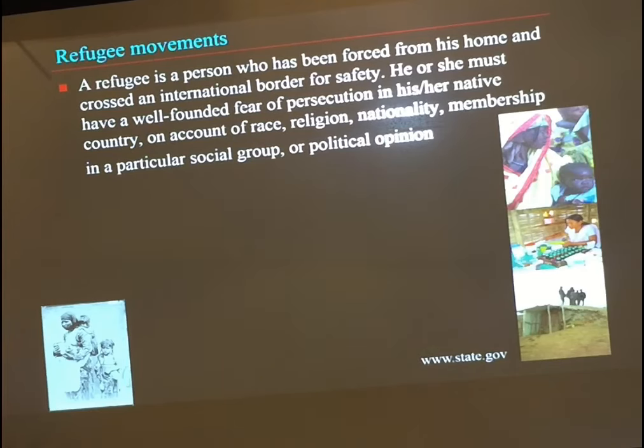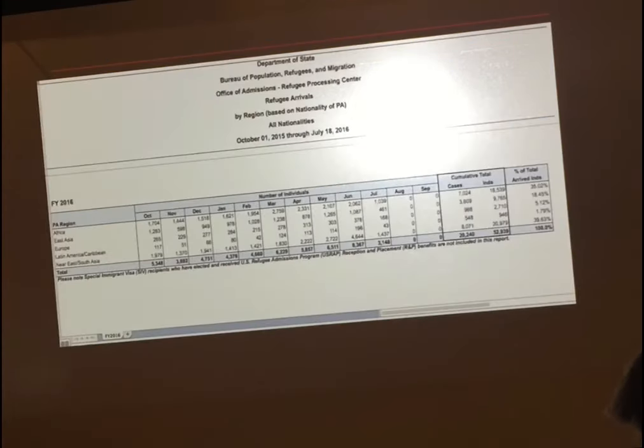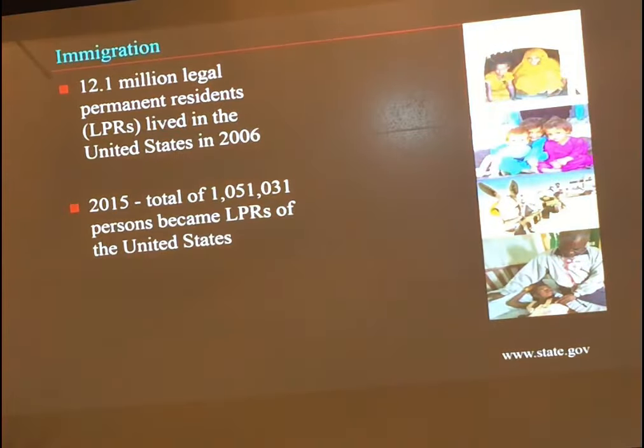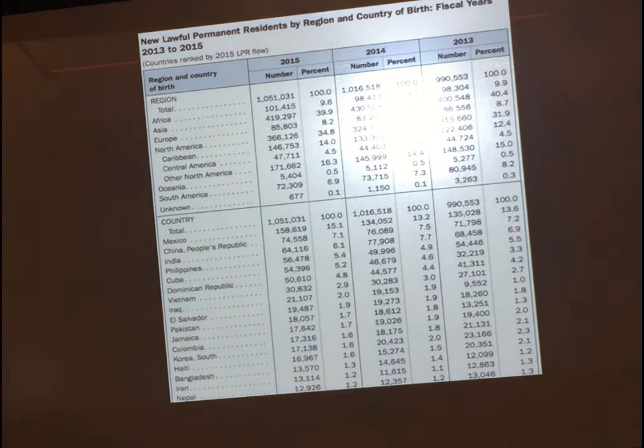So you have huge refugee populations in cities like Minnesota, like Somali refugees, and in San Diego. So again, you might be seeing some of these patients also. So these are refugee arrivals of 2008 to 2010, from which countries they were arriving. And then again, in 2015 to 2016, and Africa made a huge chunk of where the refugees were arriving from. Legal permanent residents or green card holders, over 1 million people became legal permanent residents of the U.S. And then again, this list goes over about where the countries and continents were from, and again, a lot of